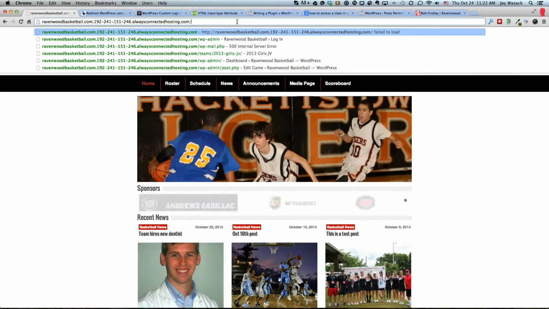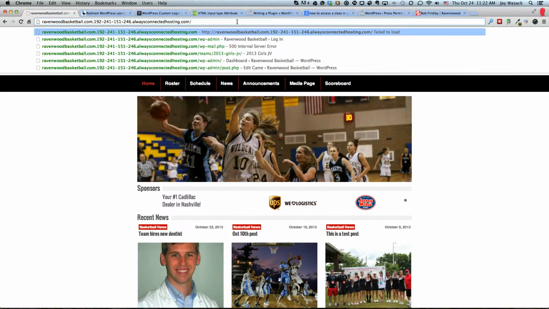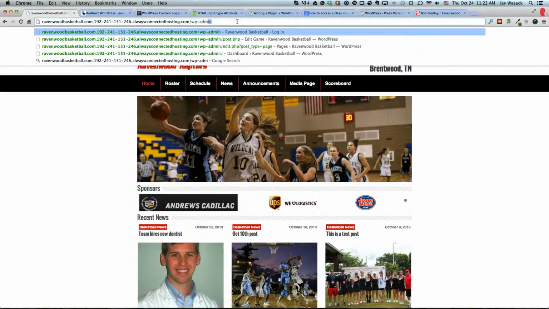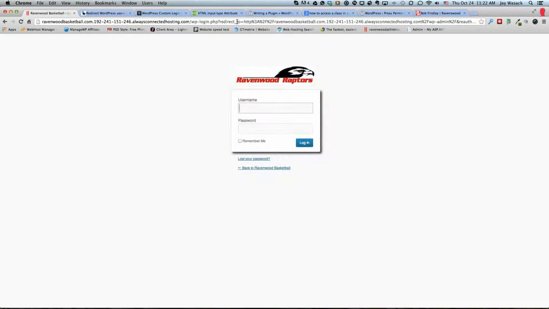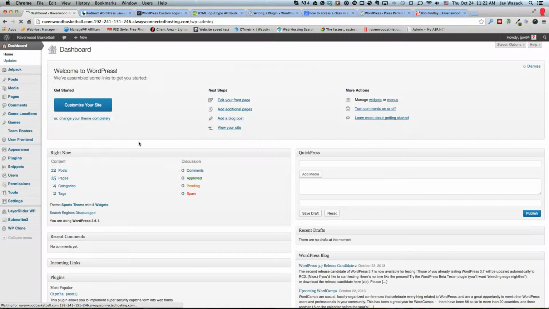username and password. To get to the login screen, you go to the home page of the site and you add a / and you type in WP-ADMIN and you hit the enter key, and that will bring you to the login screen where you would put your username, your password, and you click on login. That will bring you to the dashboard of the website, and there's all sorts of scary things on there, but